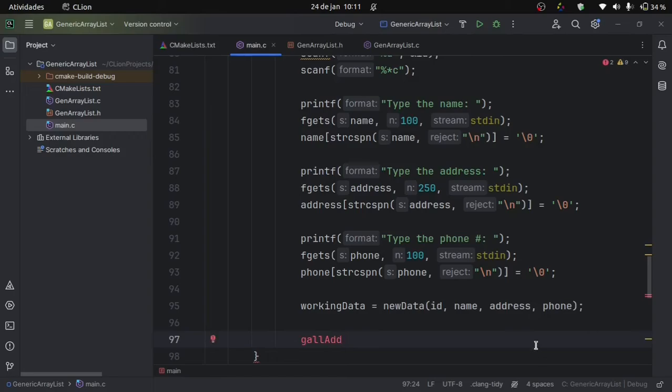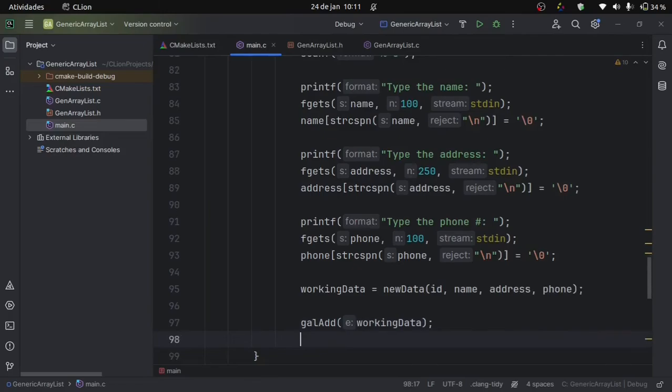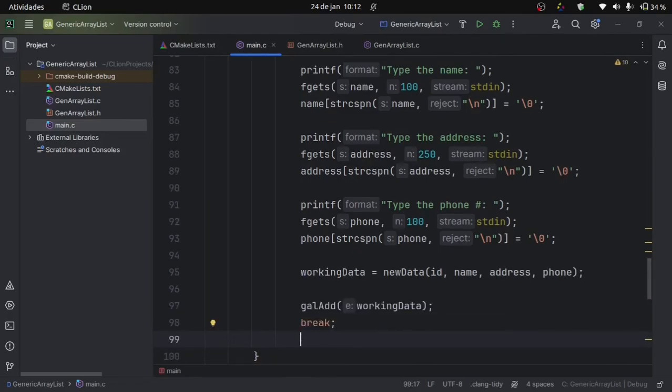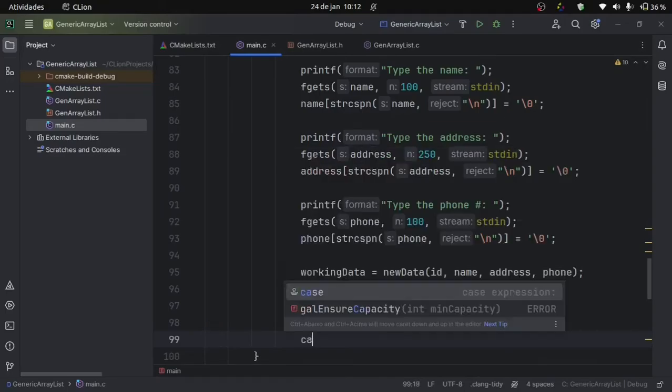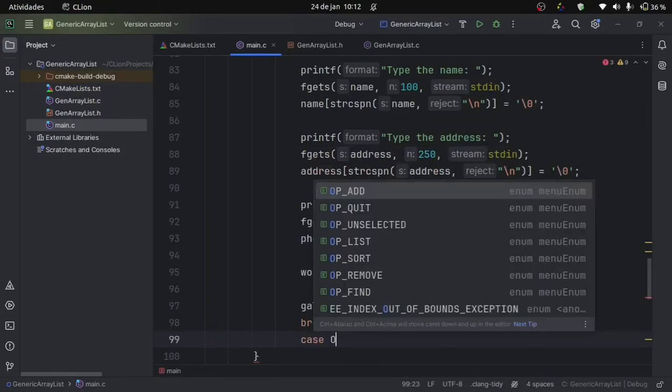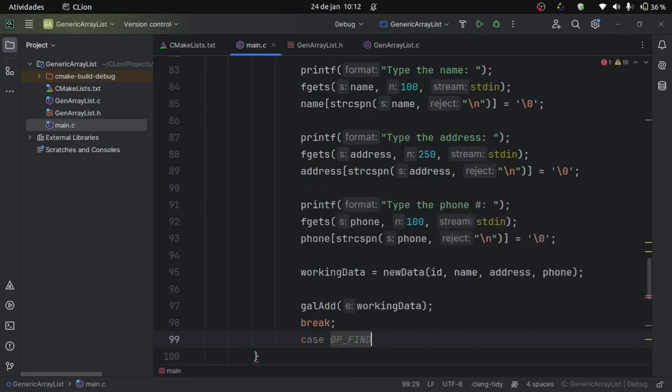Oops, what do I do? Oh, no, one L only. Gal add the working data. Okay, and it will be added to the list. So now the option to find it, case option find,